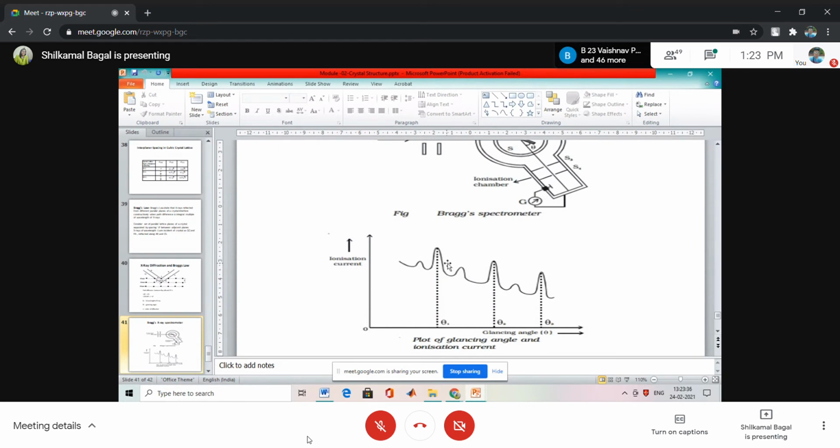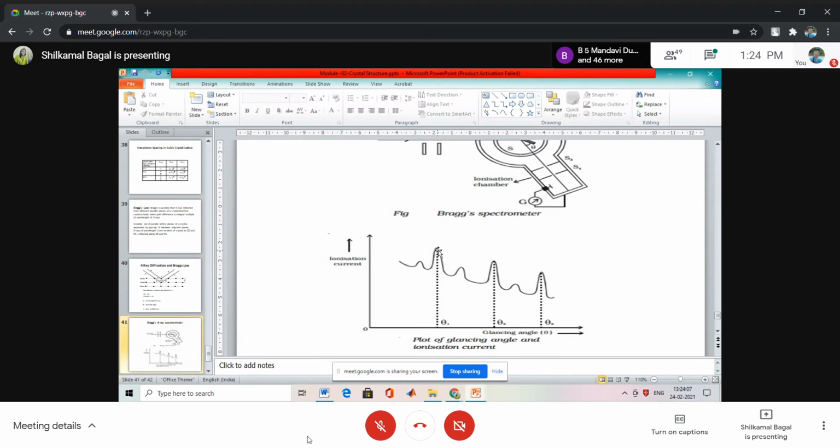The position where the current is maximum is the first order maxima. Then the current or intensity of the reflected X-rays goes on decreasing as the order of diffraction or reflection increases. Okay. So the first order will be maximum, the second order will be less than the first, and the third order will be even less than that. Okay, but with the rotation, first of all the current will go to the maximum, meaning the first maximum came.